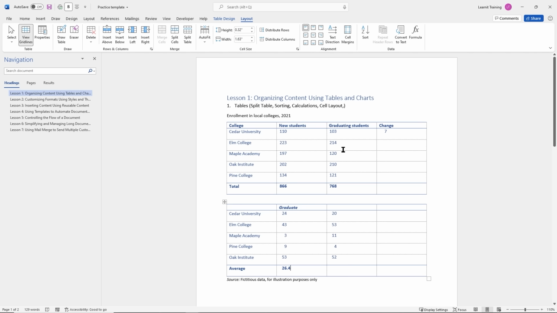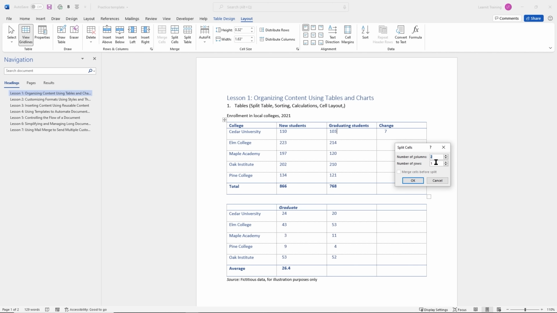So the next thing we want to do is just talk about the cell layout. Okay. And we're still on our layout tab here. If I want to, I can go ahead and split these cells. The first thing I'll go ahead and do. So if I want to split this cell into two, maybe our team does not have this 100% correct. Maybe they think it's 110 and not 103. So we can split this cell into two,